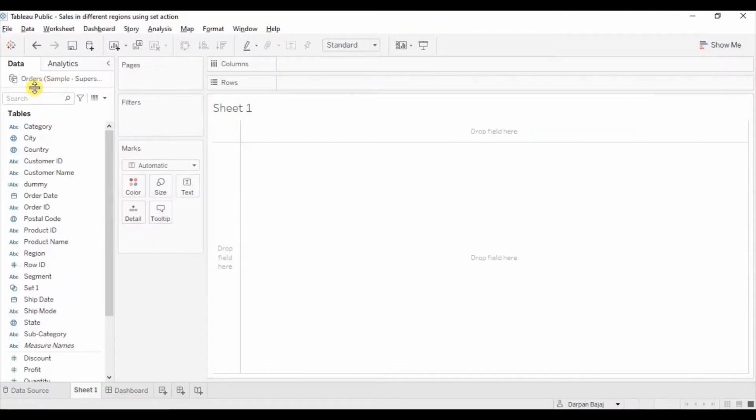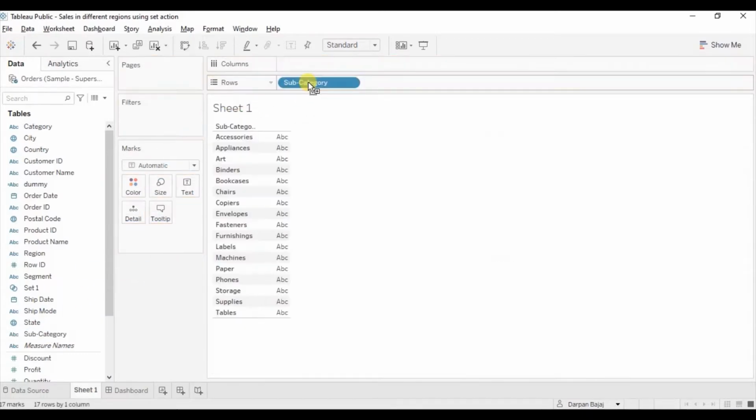Here I am using the sample superstore dataset. First, we will create a 100% stacked bar chart that will show percentage of sales for different subcategories. Let's drag subcategory to row shelf, drag sales to column shelf.